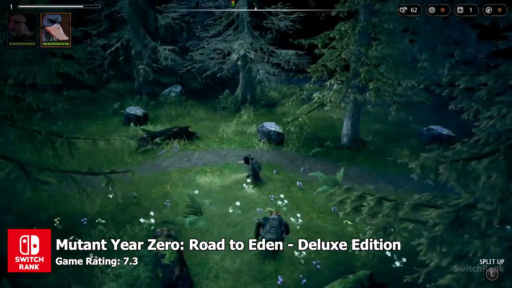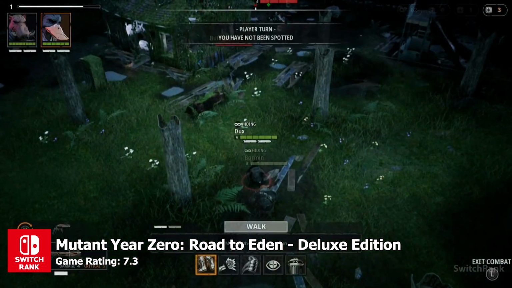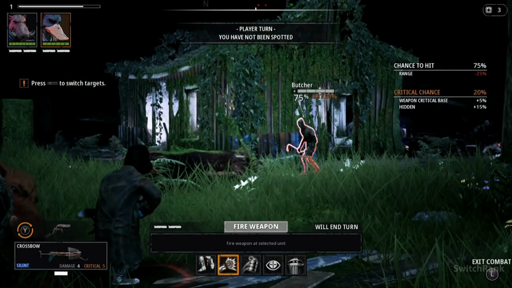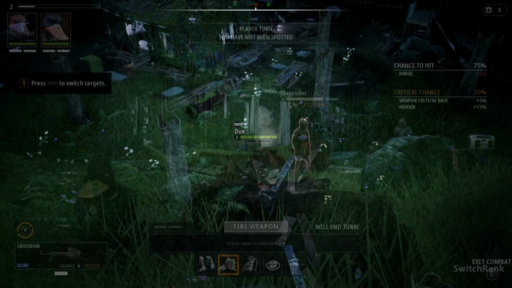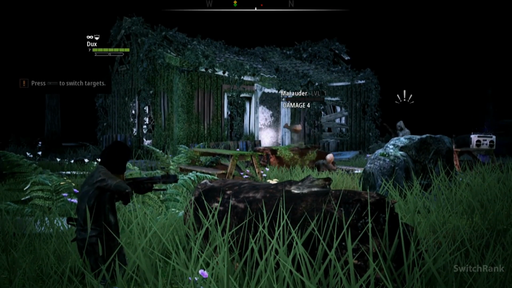Mutant Year Zero: Road to Eden Deluxe Edition is a unique game that combines turn-based strategy and exploration elements. Set in a post-apocalyptic world, you lead a group of mutant characters on a quest to reach the mysterious Eden. As the leader of this team, which includes characters like Bormin, a boar man, and Dux, a duck man, you'll face challenging